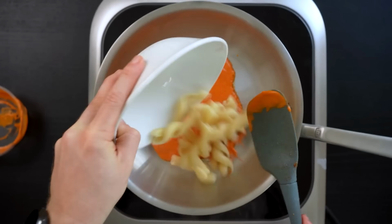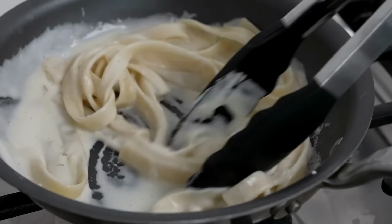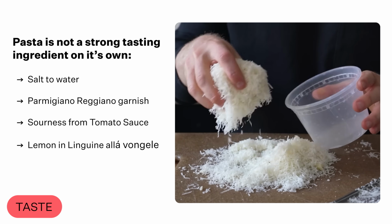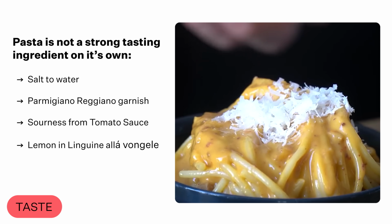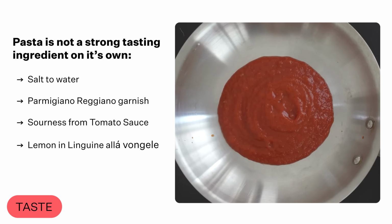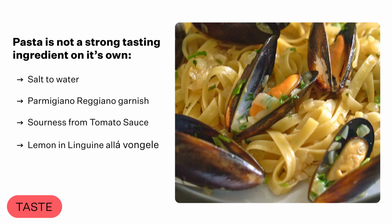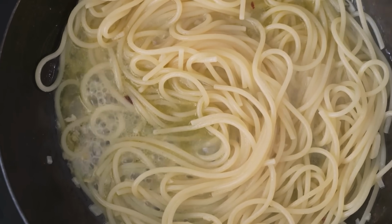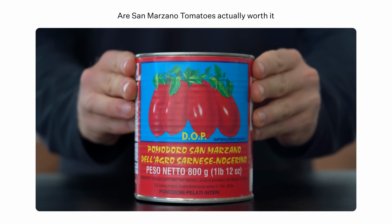From a chemical level, pasta does not really trigger anything in our taste receptors, and this is why we add strong tasting ingredients to our pasta dishes. We add salt to our pasta water. Parmigiano Reggiano is a very common salty garnish, the sourness from a tomato sauce, or the lemon in linguine alla vongole. The 5 tastes are not that important when it comes to pasta,